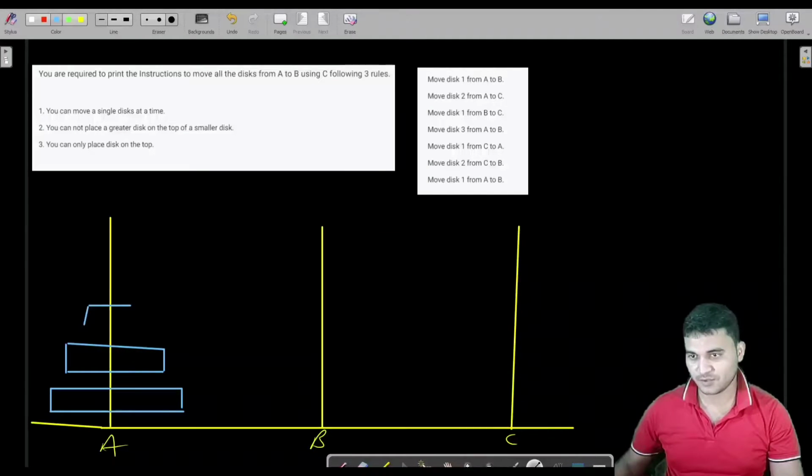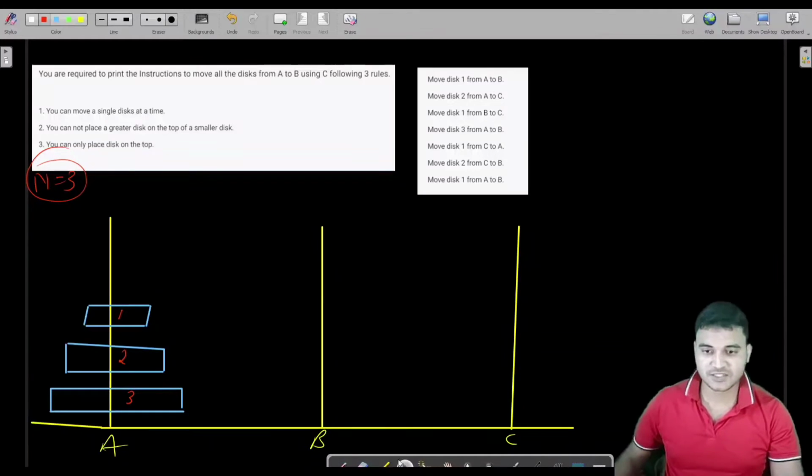I am putting the smaller disk on top. This is your first disk, this is your second, this is your third. Why only these three? Because we have n as 3. So these are the instructions. Using these instructions, you can place all your disks to B using C.